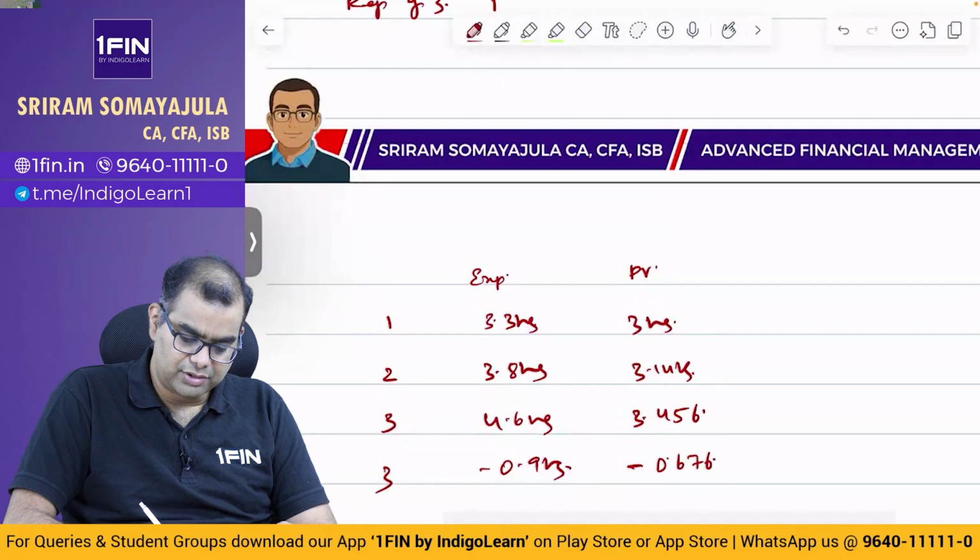Now let us move to the next question. Next one, let us go to this chapter called security evaluation. The data given below relates to a convertible bond. Acha, this is a convertible bond question. Face value 1000, very simple. Coupon rate 12%, I know. Number of shares per bond, so per bond you will get 20 shares, and current market price is 48.